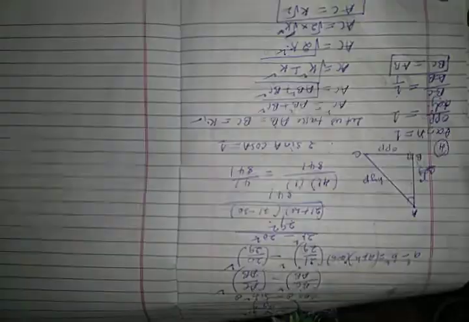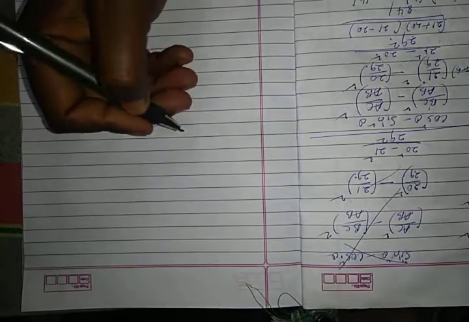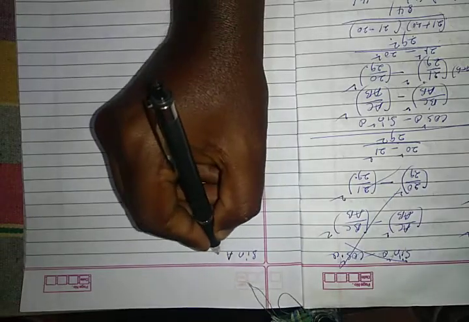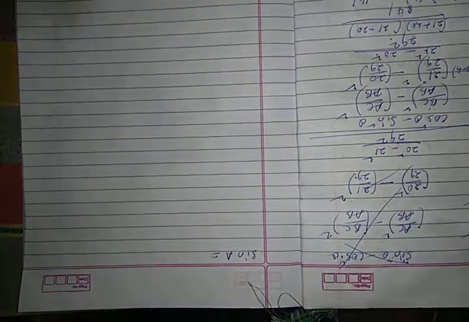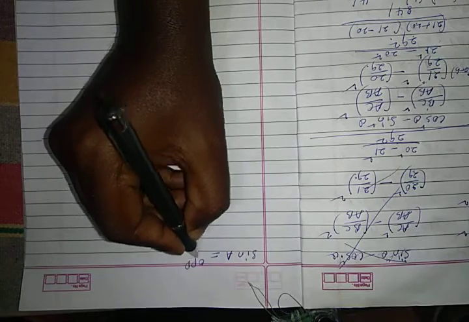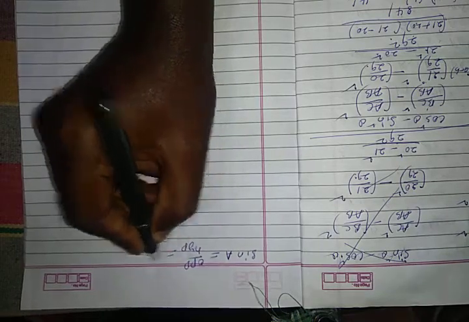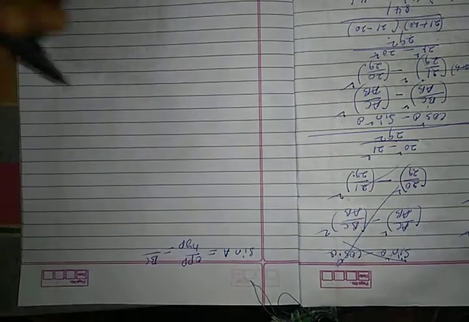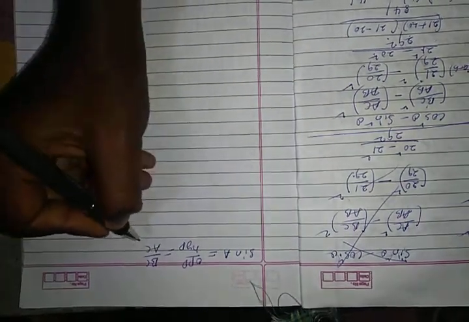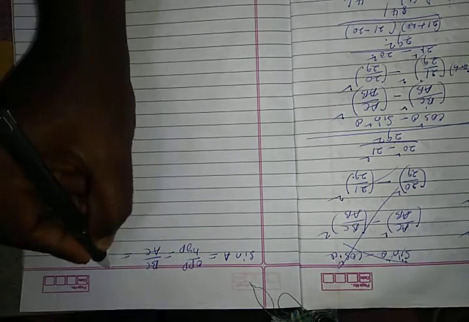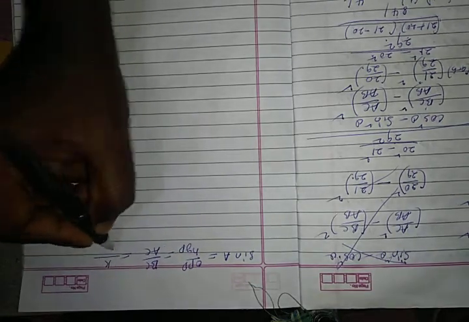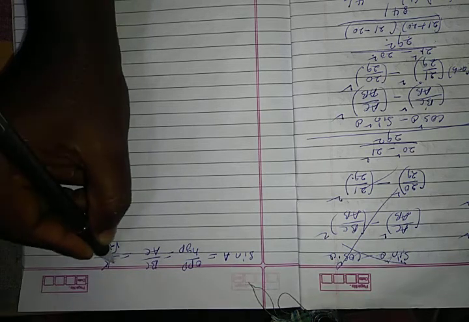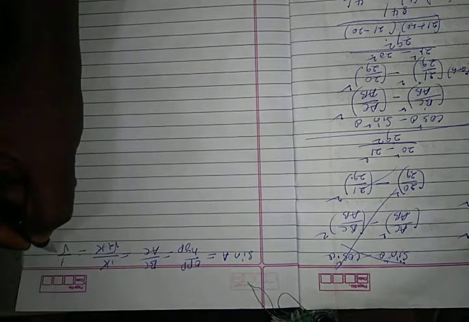Let us verify 2 sin A cos A. First we have to write sin A. The ratio of sin A is opposite divided by hypotenuse. What is opposite? Opposite is BC and hypotenuse is AC. Already we know that the value of BC is K and AC is root 2 K. Then K gets cancelled, and we get 1 divided by root 2.